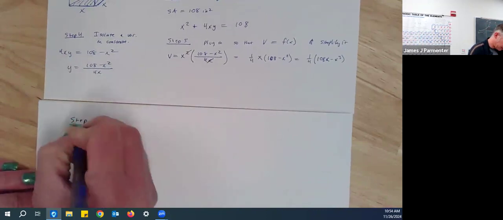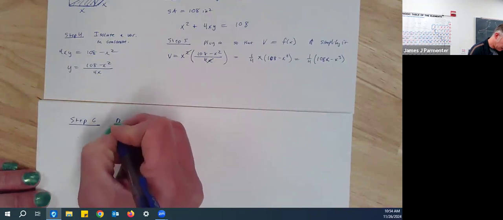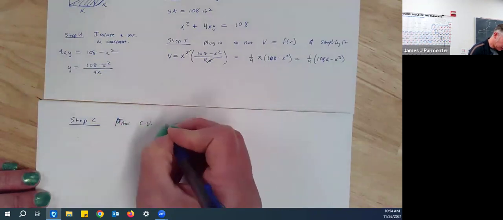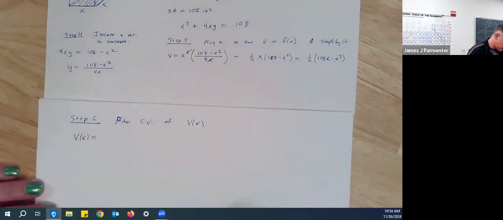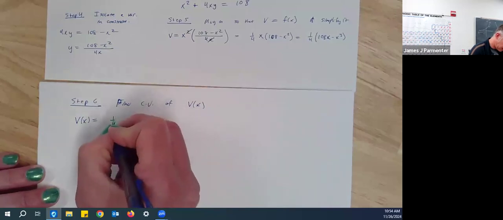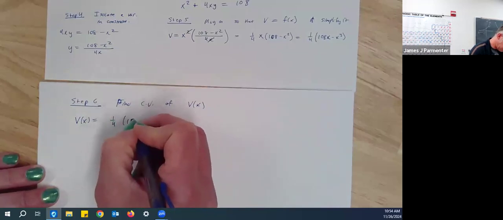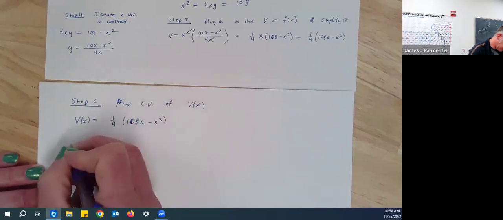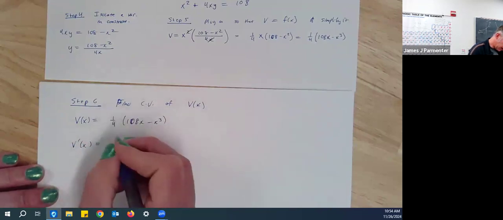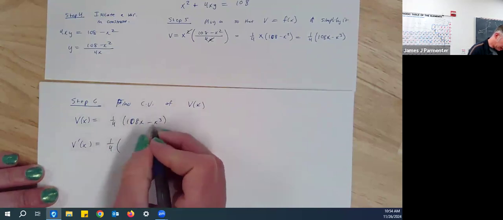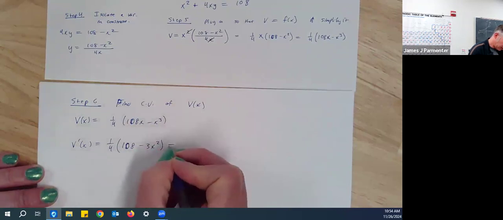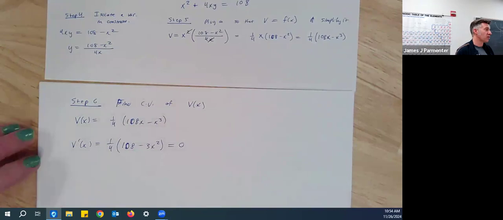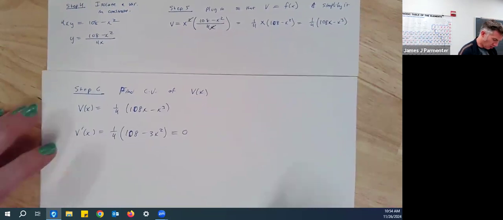Step 6. Find the critical values of your function. So we have that v as a function of x is 1/4 times 108x minus x cubed. So now we're going to take the derivative of that. The 1/4 hangs out. The derivative of 108x minus x cubed is 108 minus 3x squared. Set that equal to 0. Technically, we should be checking where it's equal to 0 or where it's undefined, but we know this is a polynomial. It's never undefined. So we're going to get